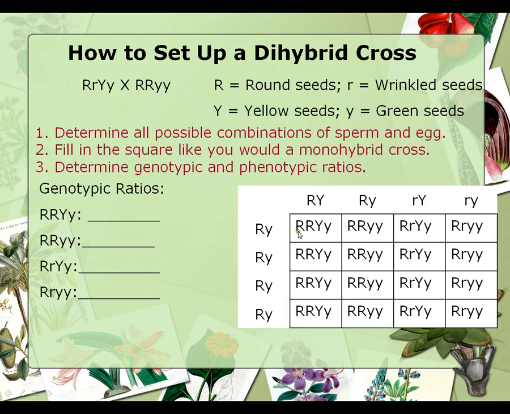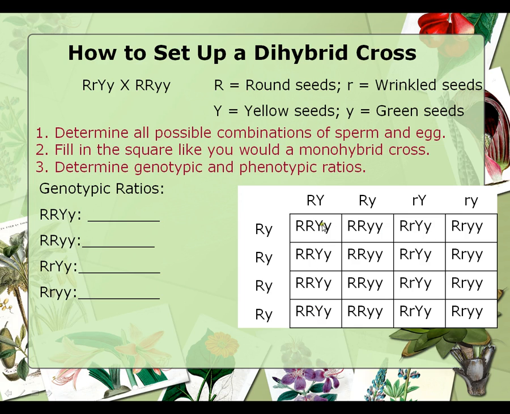So what you do, just pick a box, write the genotype off to the side. So here's my first one, and here it is. And then count up all the other boxes with the same genotype. This has 2 capital R's. So we can immediately eliminate these because they have a capital and a lowercase r, so I know they're not